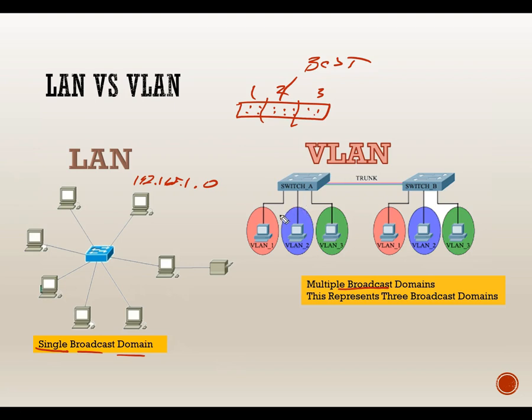A VLAN, break it up, and the colors here represent the different VLANs. We have the, we'll call it, pink or red VLAN, the blue VLAN, the green VLAN, and we have them on different switches. One advantage of a VLAN is that we can create it on different switches, different physical locations, and they can still communicate with each other. We have this special configuration here called a trunk port, which we'll do in the next module. We'll talk about trunking and what's involved in trunking, but for right now, it allows all of the VLANs to